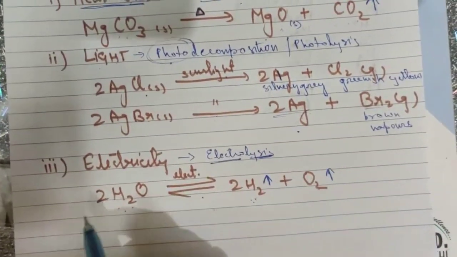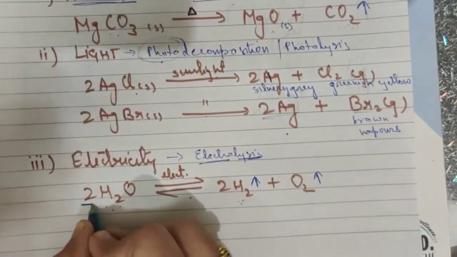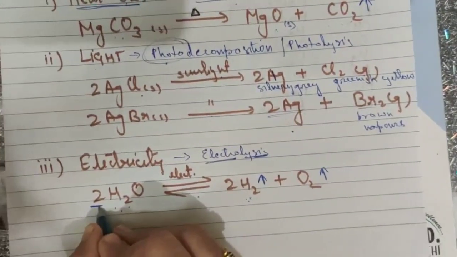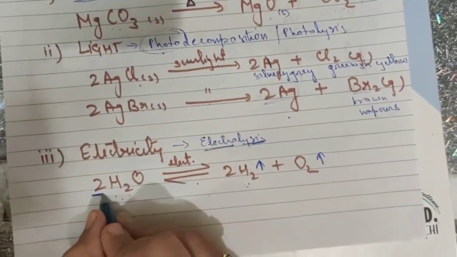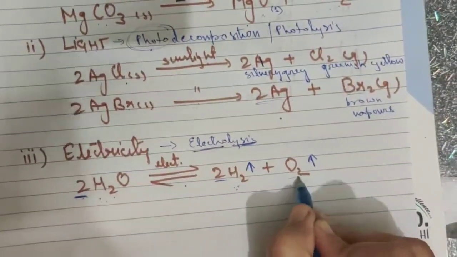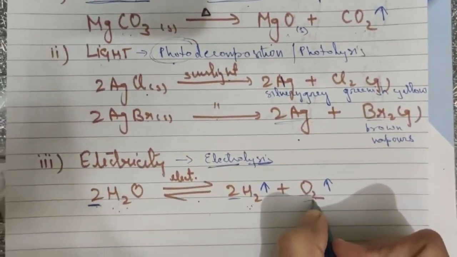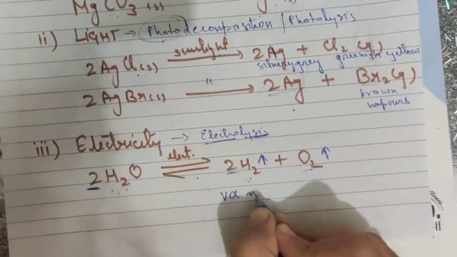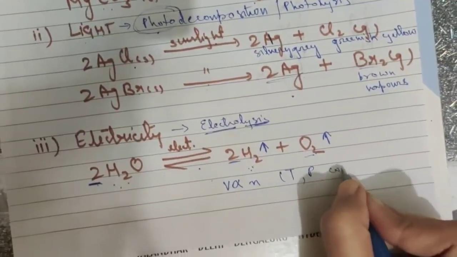Volume here means the number of moles. Number of moles is directly proportional to volume when the pressure and temperature remain constant. So you can see here that 2 moles of H2O is producing 2 moles of hydrogen and 1 mole of oxygen. Mole is a term that you must have done in class 9. So here I am relating volume with number of moles, considering that temperature and pressure are constant.